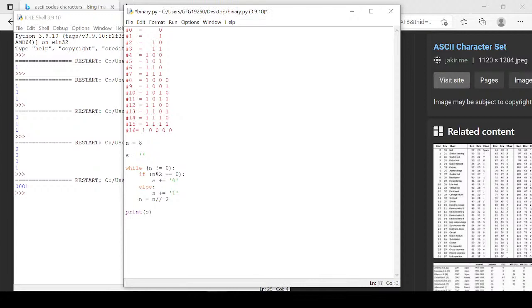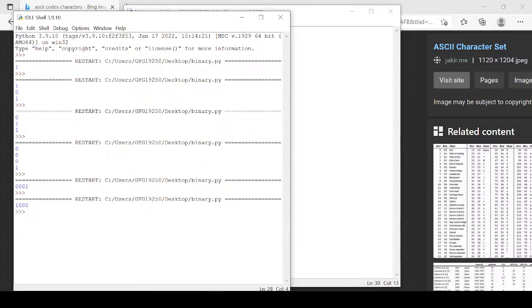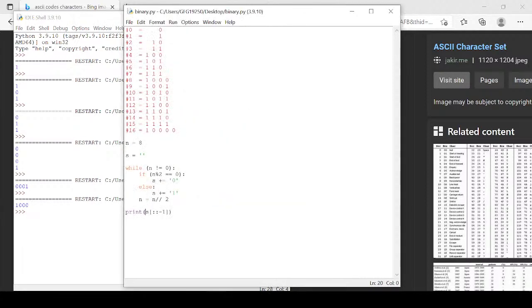So what I need to do, let's reverse it. So how to reverse it? This is the simple function of reversing it. This is how we can reverse a string. Okay, 1000, that's the answer. So what I'll do, I will write n here, and with this particular colon I will write, okay, this is the answer. So if I'm running it,